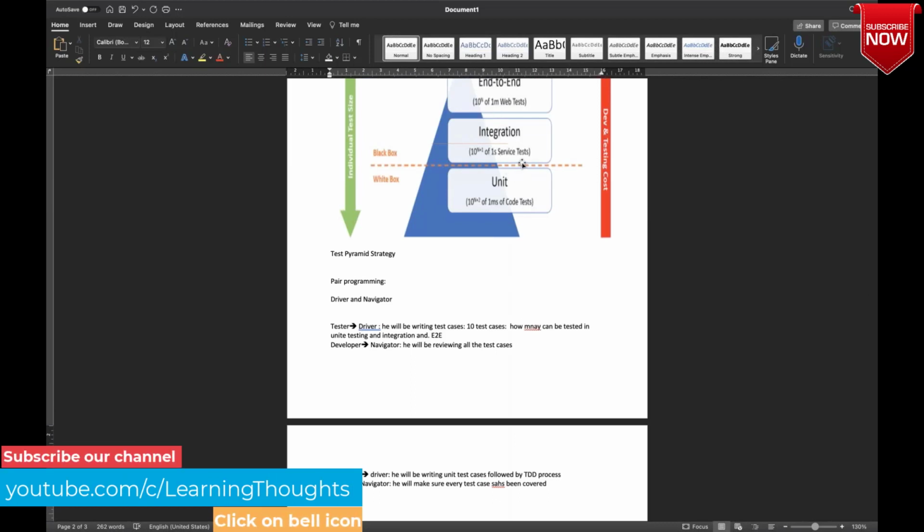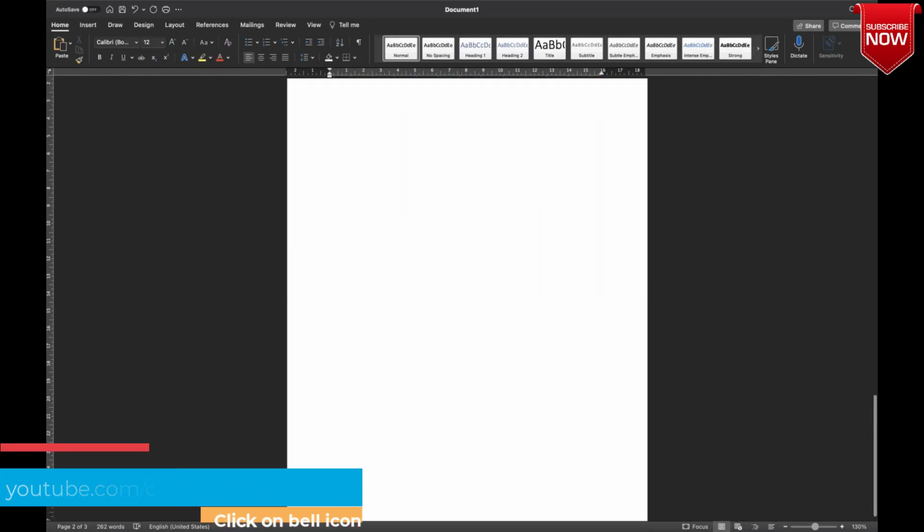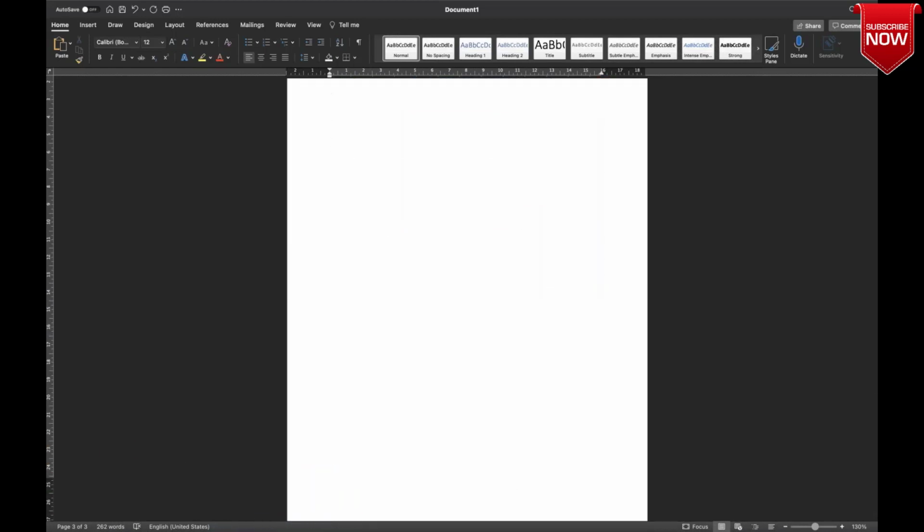So integration test cases are nothing but when you have different sets of layers, when I say cleaner interfaces, when we talked about cleaner interfaces and all these things, these interfaces are nothing but the mediators which carry information from one class to another class. Okay, so when we talk about integrations,